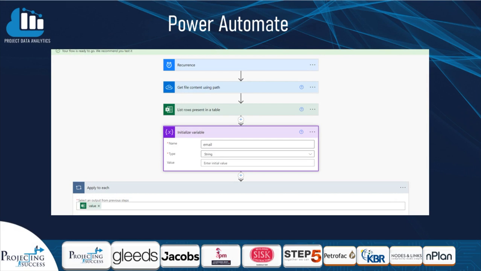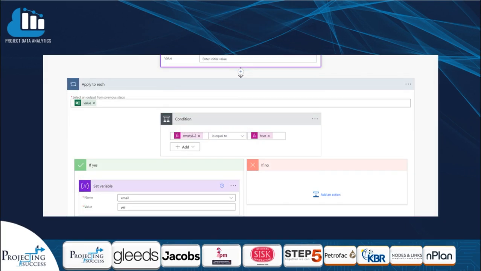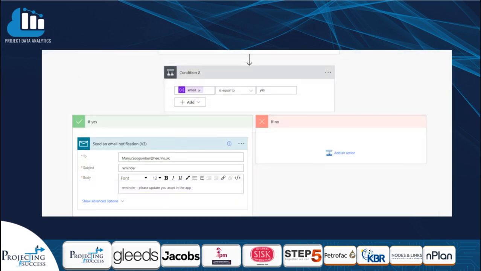The Power Automate flow gets all the data in the table. It then initializes an empty variable. The next stage, Apply to Each, looks at each row in the Amount Euro column. Within the Apply to Each, there is a condition to check if any of the amount euro cells are blank, and if this is true, the initial variable is set to yes. The last stage is a condition where if the initialized variable is equal to yes, it sends an email notification